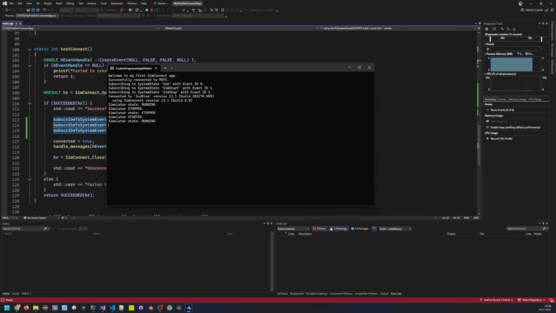You see, we get some extra events. You see that, by the way, SimStop or SimStart comes together with the sim event, which is not surprising because they have the same meaning. A sim event with value 0 is the same as a SimStop event, and a sim event with value 1 is the same as a SimStart event. Okay,